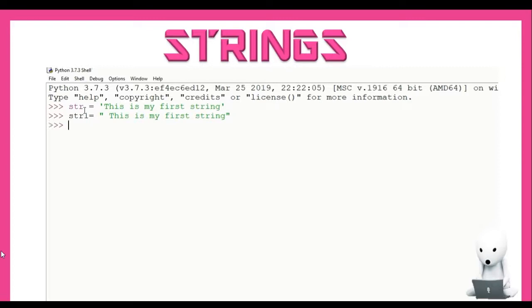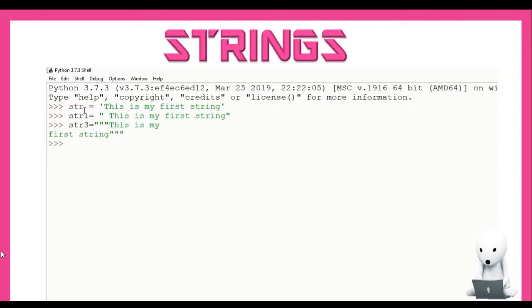Let's take a third example. str3 is equal to, within triple quotes. These triple quotes can be double as well as single. 'This is my', and on the next line I am writing 'first string'.